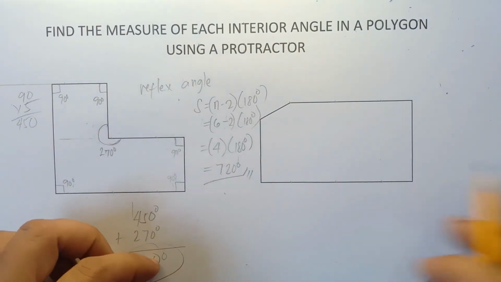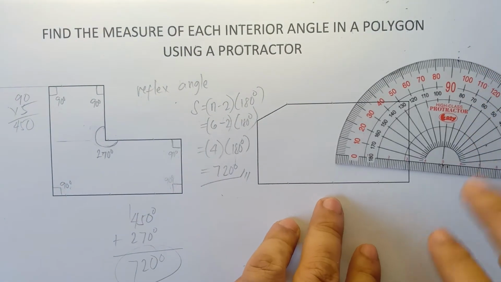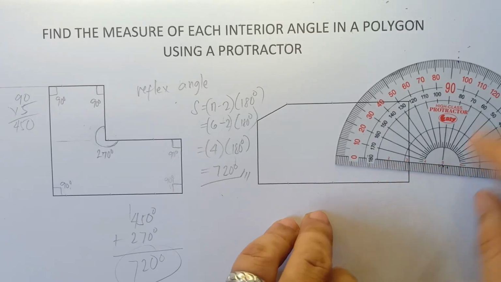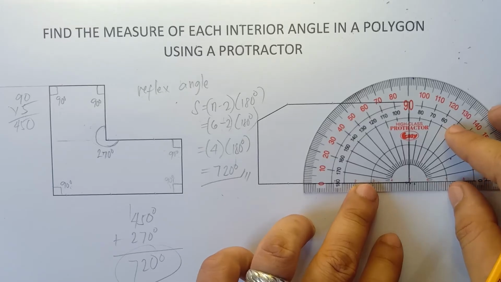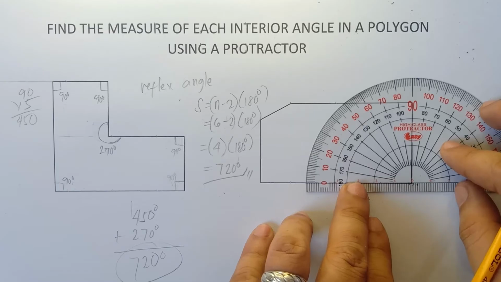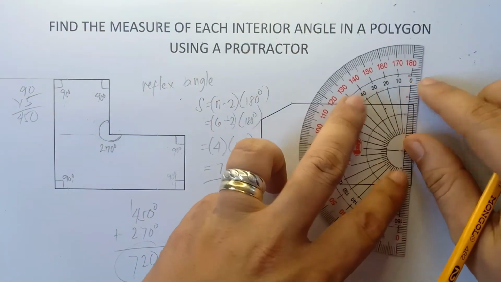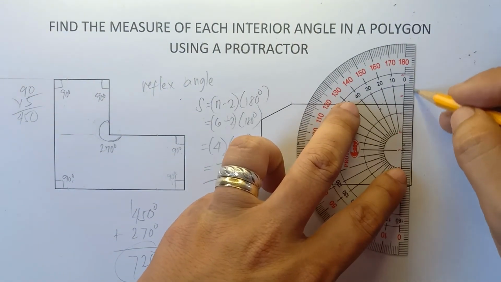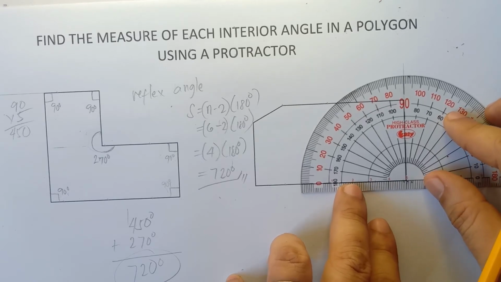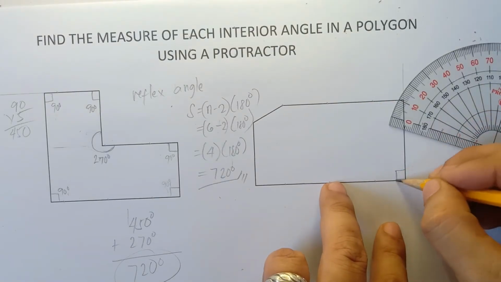Alright, so let's find this angle, class. This one right here. So we have, once again, align the center part of our protractor in this given vertex, and then you align 0 in this particular line. So you can extend the line, class. It's hard for us to find whether this is really exactly 90 degrees, class. As you can see, class, exactly 90 degrees, or we can extend this one, extend the line for us to see the angle better. Yup, exactly 90 degrees for this angle, class. Another right angle.